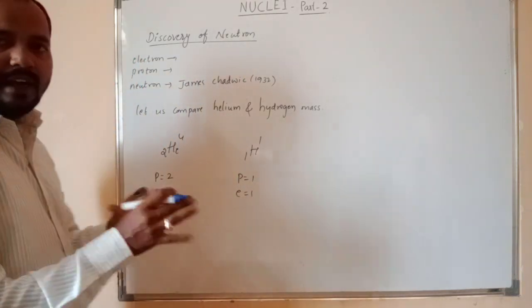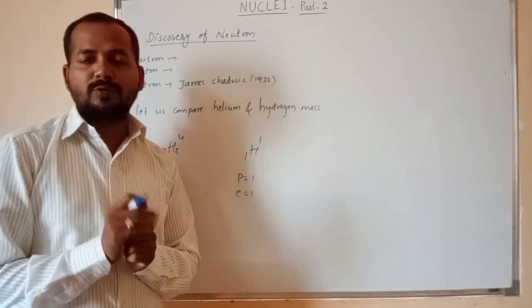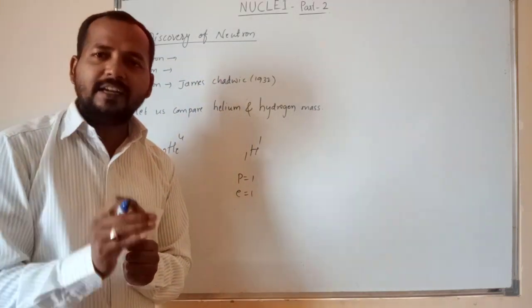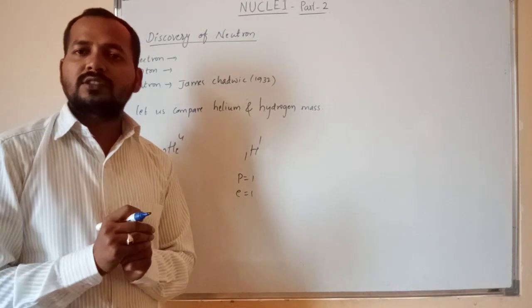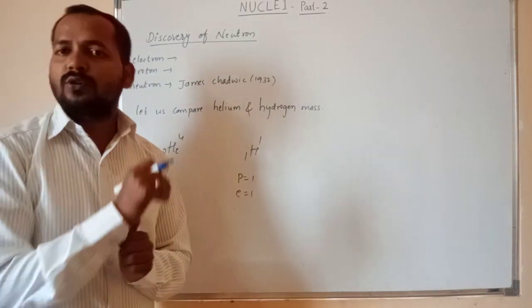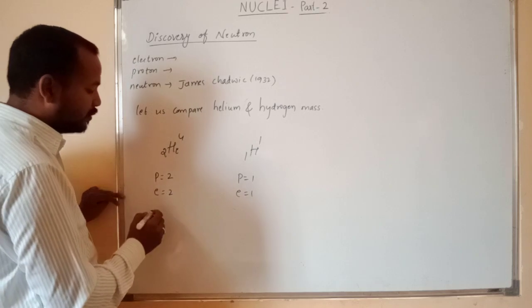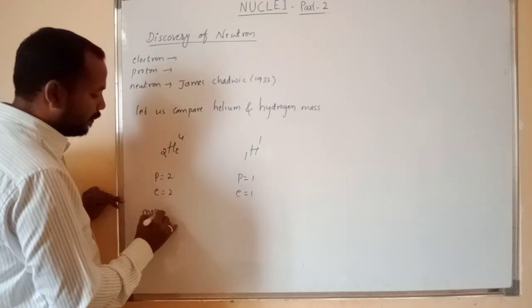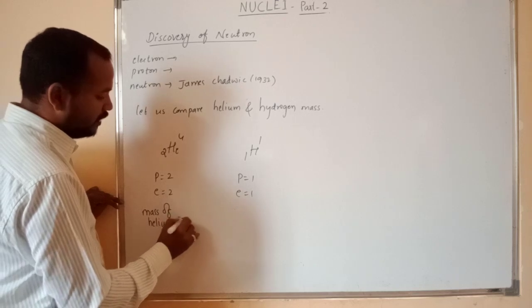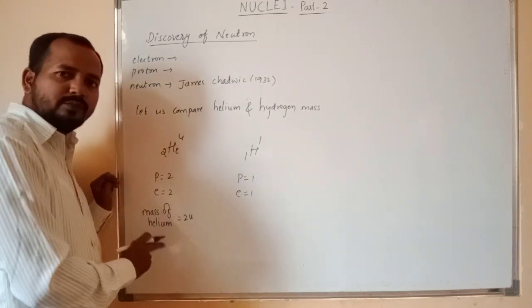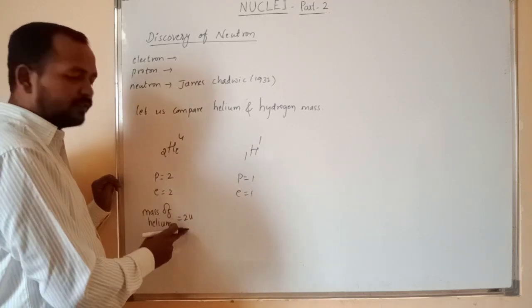The mass of any element is only because of the protons, not because of the electrons, because electrons are very light particles. That's why we are not going to consider them. In an atom the whole mass is concentrated in the protons only, right? So here the number of protons is 2, therefore the mass of helium, I'll assume, is equal to 2 units. Simply I will assume 2 units, if I consider 2 protons are there.